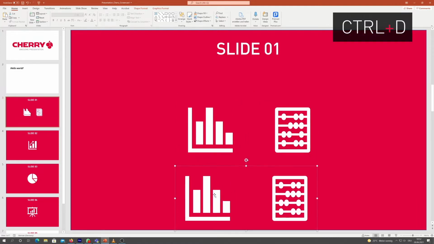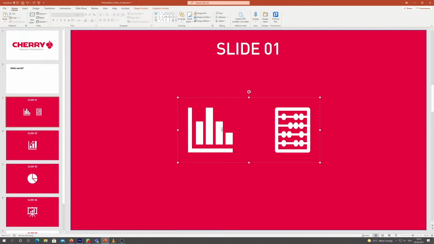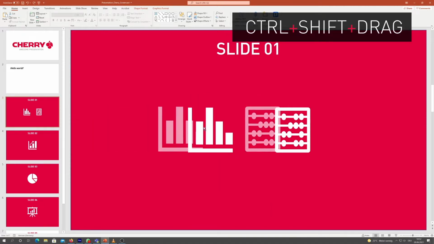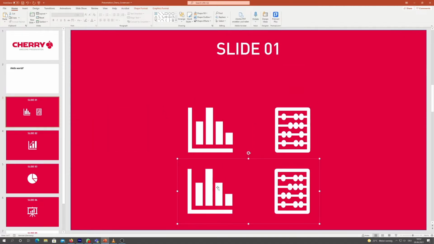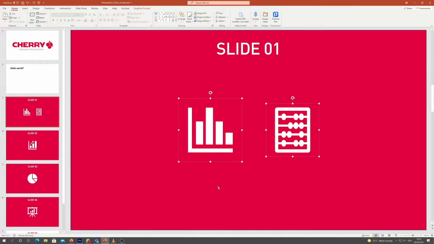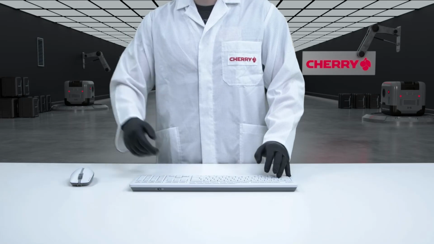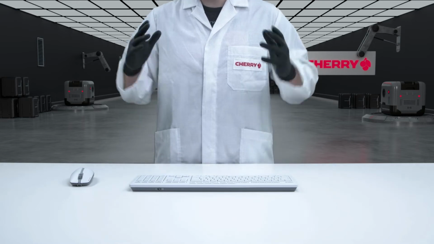With Control-D, you can duplicate them, or with Control-Shift-Drag, you can copy the selected element and move it to its destination instantly. So we've all created our absolutely brilliant,